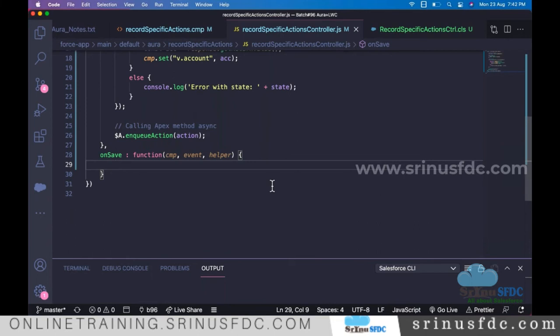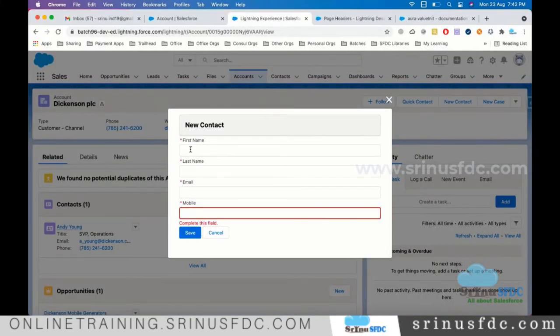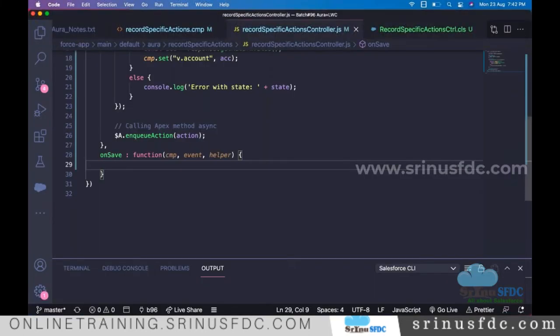Before we save into the database, I want to cross-check whether this form is really populated. Without populating, if they click on save, I don't want this to proceed further. So that's why first I want to do the validations. And if everything is validated successfully, then only we proceed to save the logic into the database.